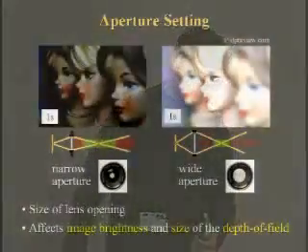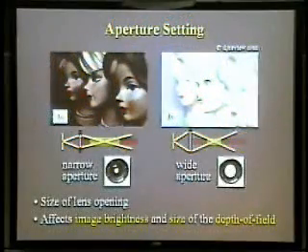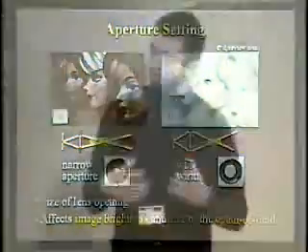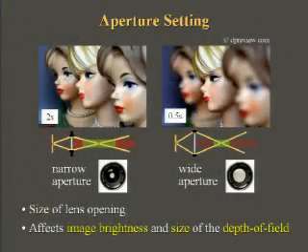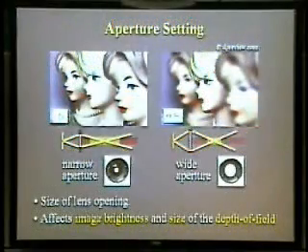The last control is aperture, and this is the opening that allows light to enter the lens. Aperture is interesting because it has two different interconnected effects, the first of which is that it opens the lens more, so it allows more light into the sensor, leading to brighter images. But if we adjust the exposure time to give the same overall brightness, we can see there's a second effect as well, and that's reducing the depth of field, reducing the region that's in focus. Here we go from three faces to one.